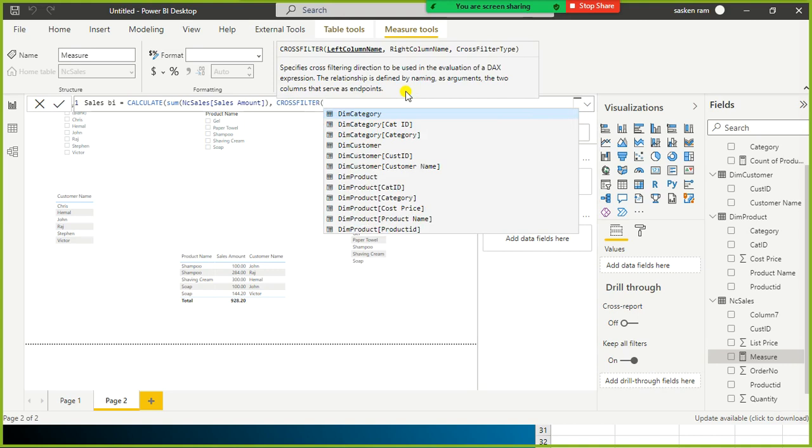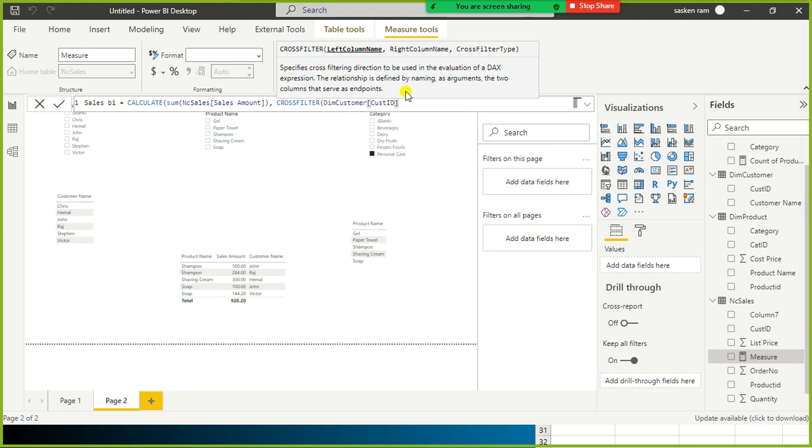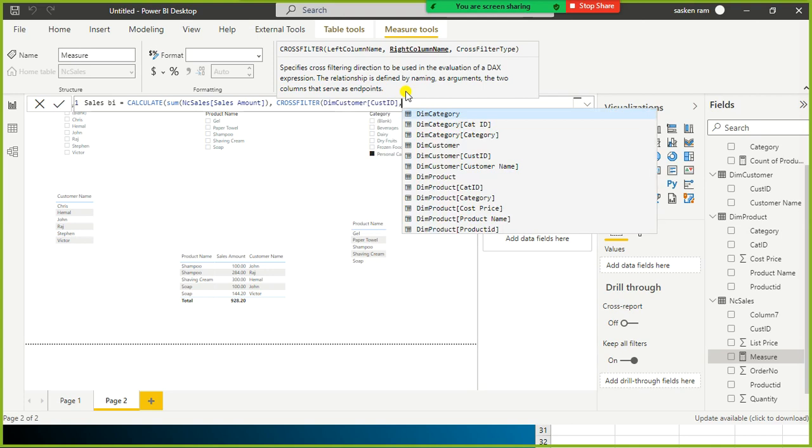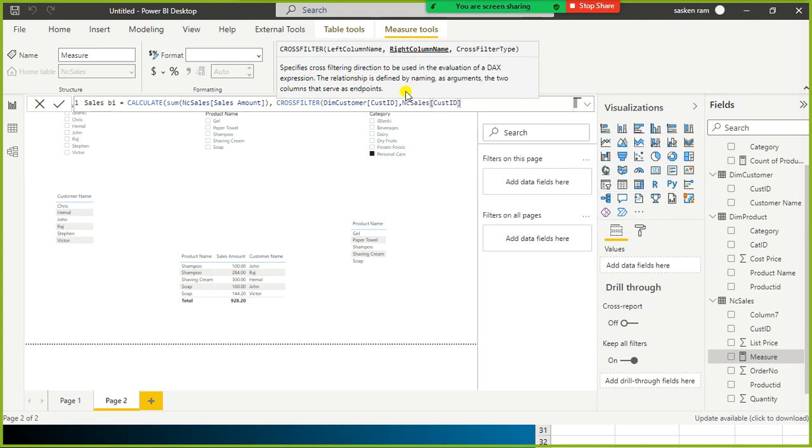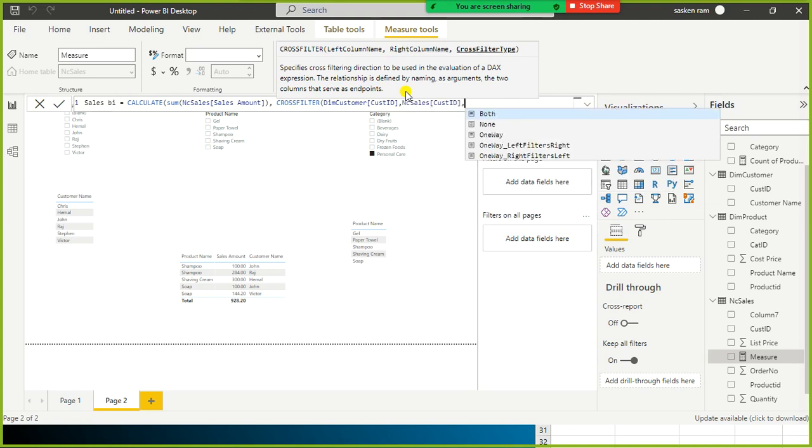Now I want to enable the bidirectional relationship between the customer table and the sales table. So customer ID, here it is, comma, next one is the NC sales customer ID. Comma, the third argument is both.